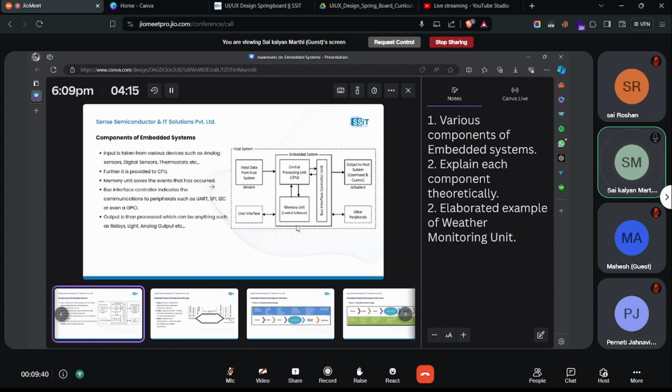CPU is nothing but a processing unit which will be processing some data. So let us take an example of a weather monitoring unit. It's a project which I have worked on in my field of experience. The weather monitoring project which I have worked on has